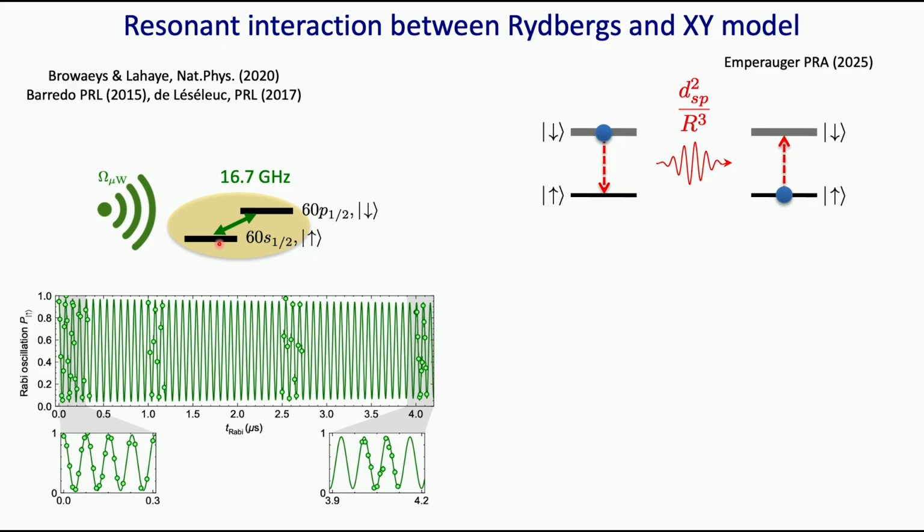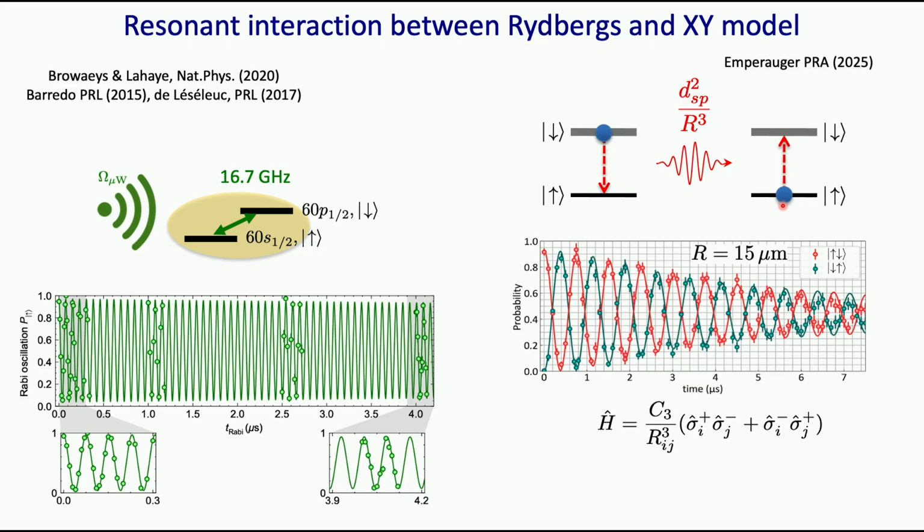From the point of view of the interaction, what we're going to consider is what is called the flip-flop or resonant dipole interactions. This is the situation where one of the two atoms is prepared, let's say in state P, the other one being in state S, and they're going to exchange the dipolar energy of a virtual photon, if you wish. This can be measured directly on two atoms. You prepare one in spin up, the other one in spin down, and as a function of time you measure the state of each of the atoms, and you observe that indeed they exchange coherently their state.